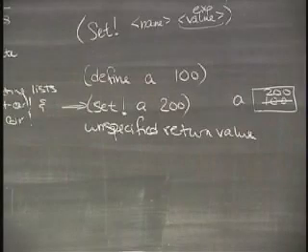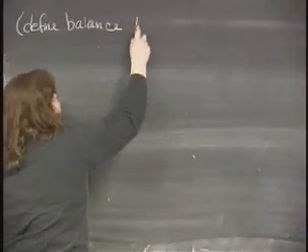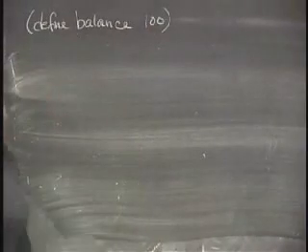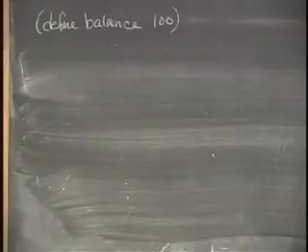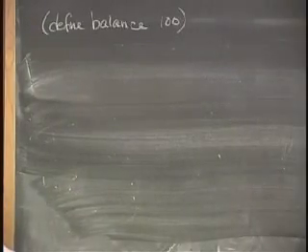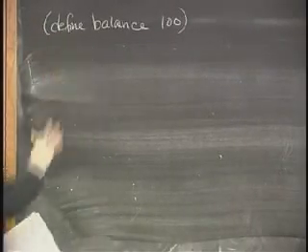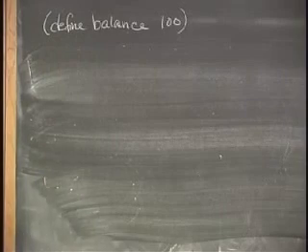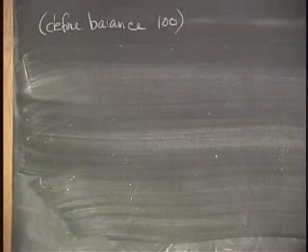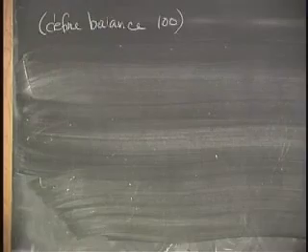So let's look at creating a bank. John and I have decided that we're just not making enough money, so we're going to start running a bank, because that's clearly the way to make money nowadays. So we're going to make a bank, we're going to get somebody to buy us, and we'll be fine. So we're going to write our code for our ATMs. So we're going to define a balance as being 100. And now I'm going to write